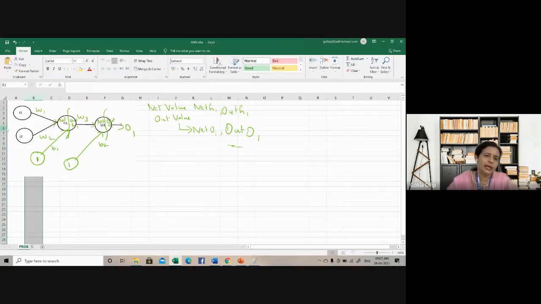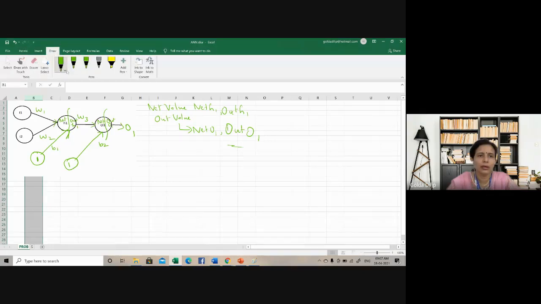Okay, so if I say net H1, it will be the left hand side part of it. So that is this side. If I say net H1, it will be the left hand side. And if I say out H1, it will be the right hand side. So same way for the O1 node also, I have what is called the net O1 and out O1 values. So the final output, what you get is what is called the out O1. So coming out of your layer, that is out O1. So yeah, you can say the actual output.